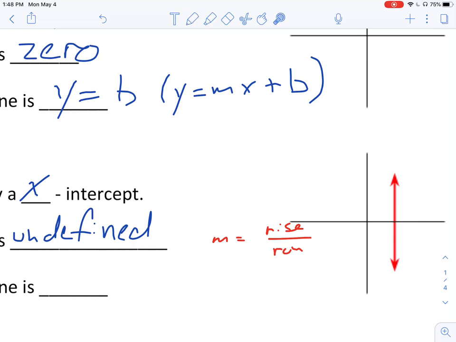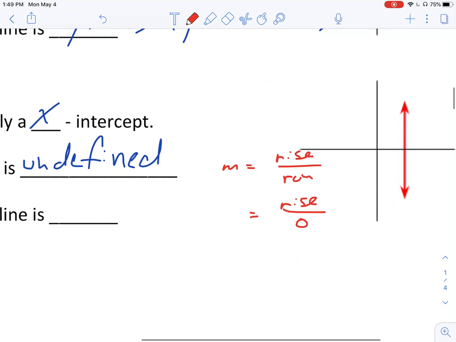Well, the run means going left and right, and for this line there is 0 change to the left and 0 change to the right. So it would be rise over 0. Well, we know that any number divided by 0 is going to be undefined,